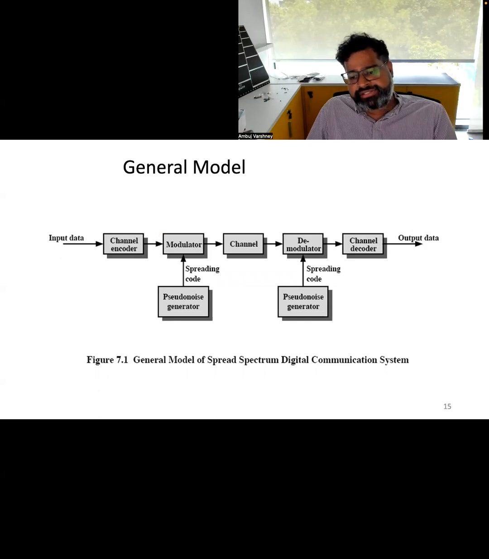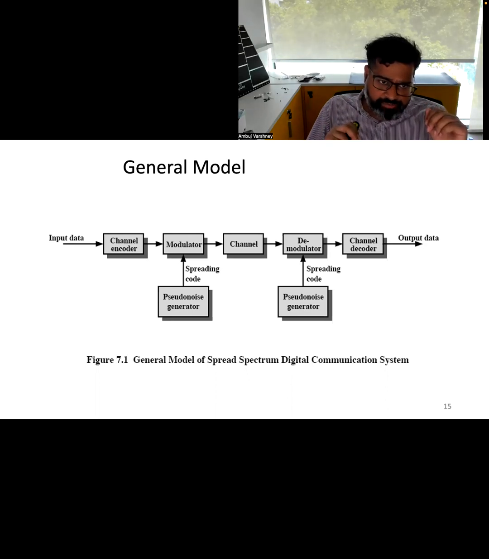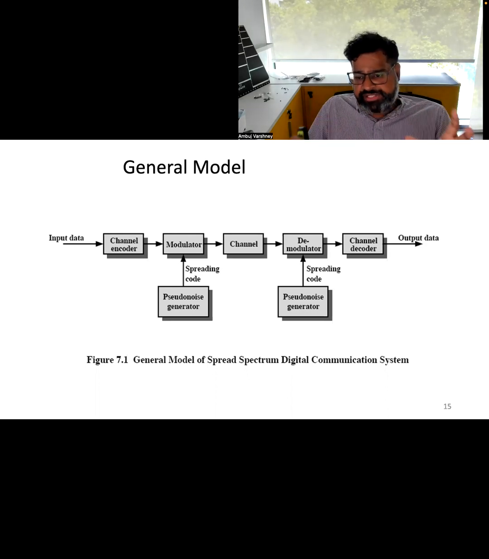So in communication systems that employ spreading and despreading techniques, the process can be summarized as follows. We show it also with this general model on the slide. At the transmitter, a spreading code is applied to the data bits. This operation is combined with the modulation scheme. It spreads the signal over a broader frequency range, and then the spread signal is wirelessly transmitted over